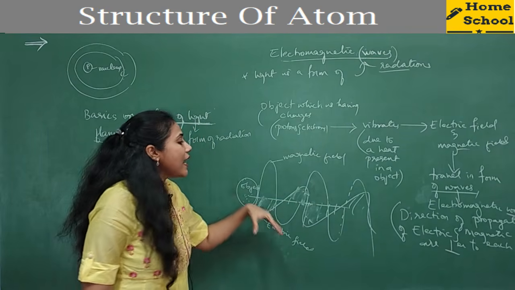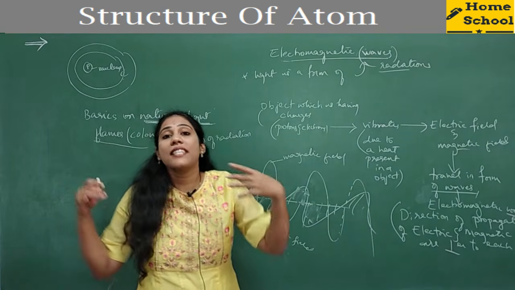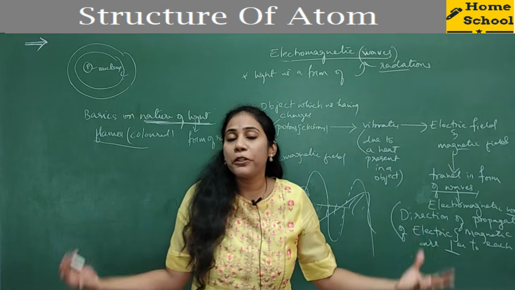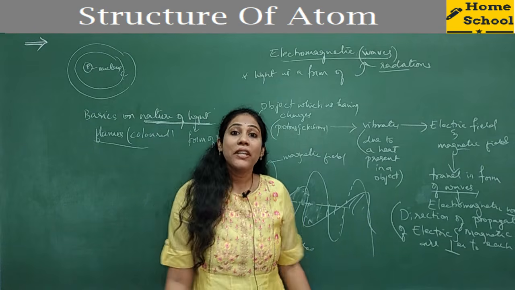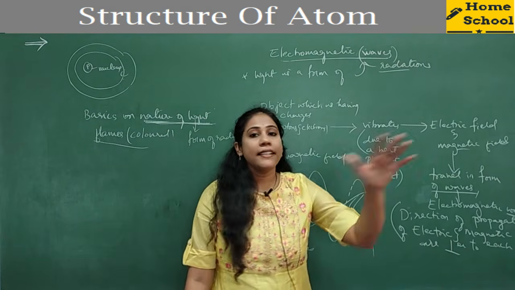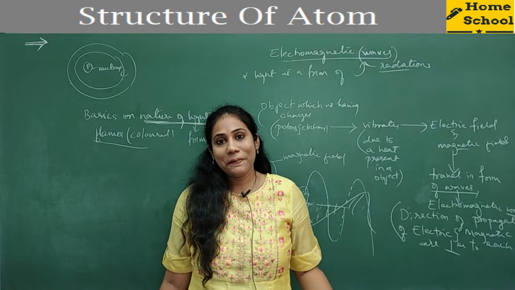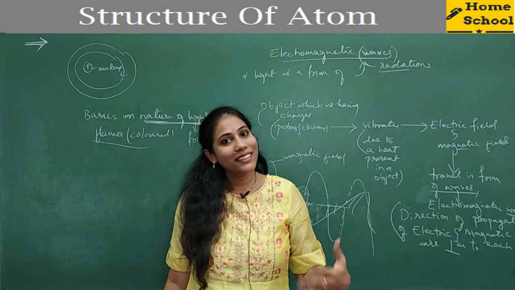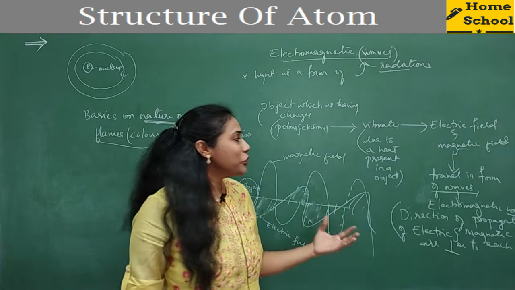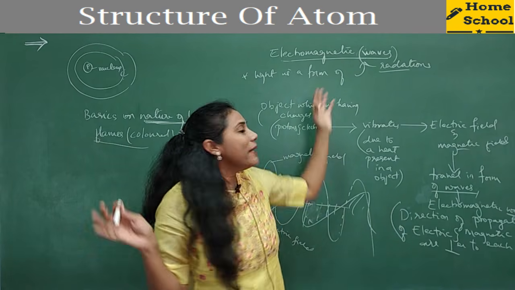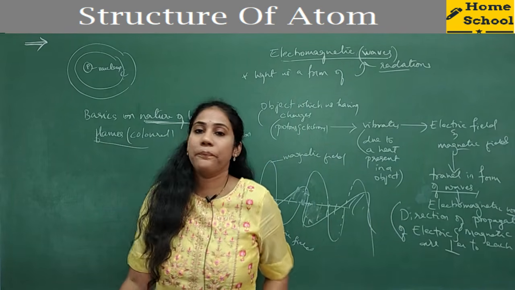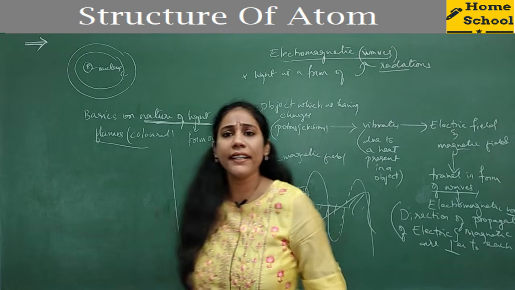Okay, so this is how the radiations are generated or produced in our atmosphere. These electromagnetic waves are called radiations. Clear? Everybody? So now you got to know the whole concept. What do you mean by electromagnetic waves? Okay. And now, you know what?